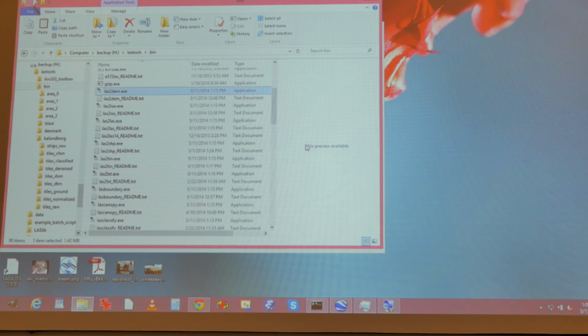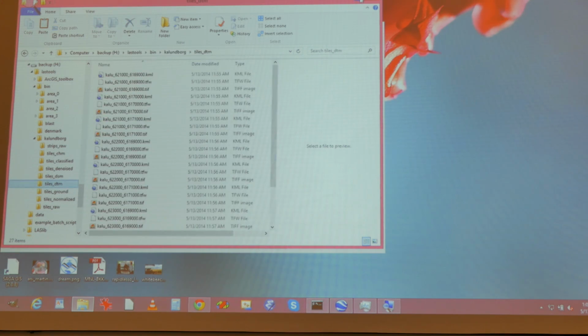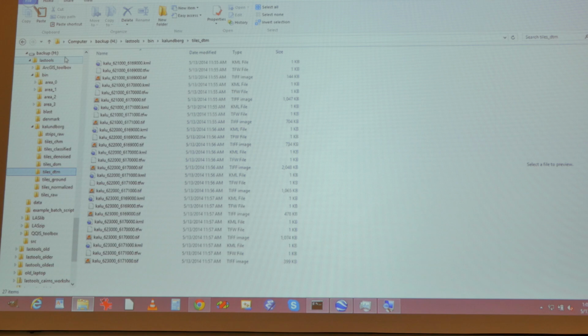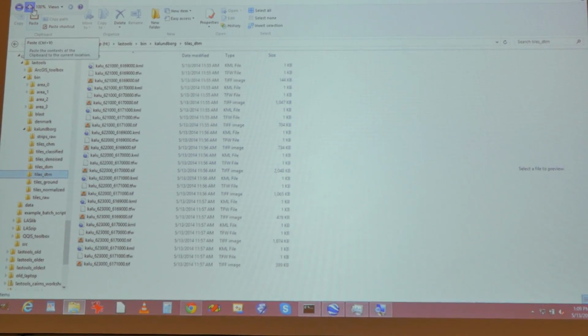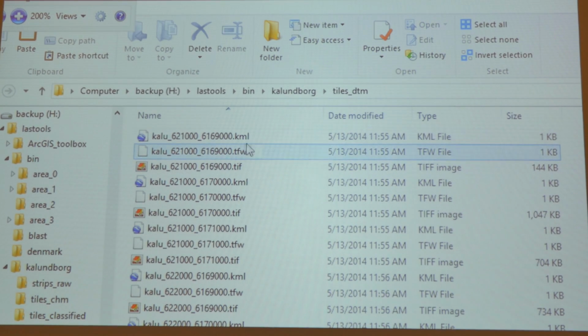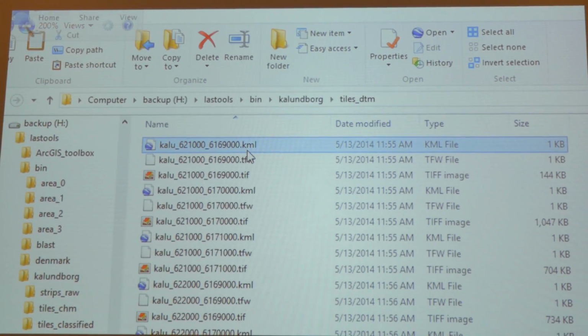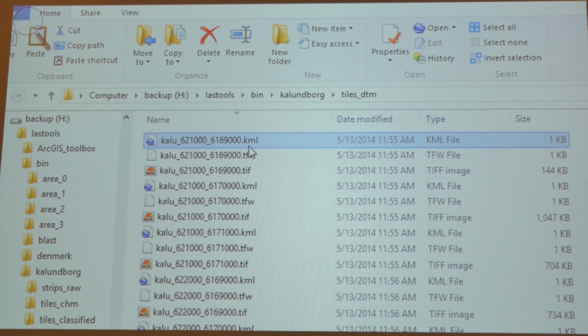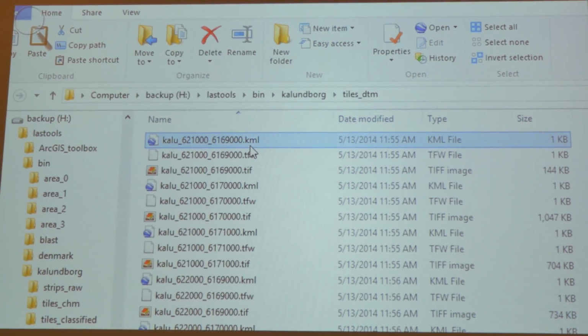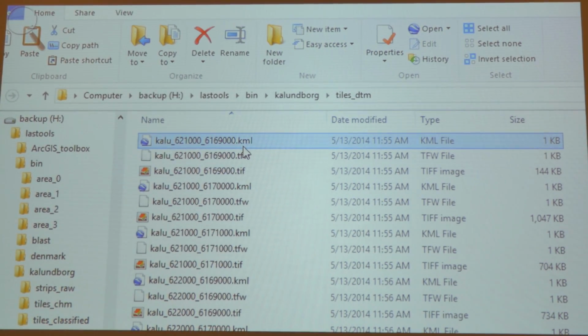To the last afternoon. I think the last thing we did, we created DTMs, and for me, they are in the DTM folder. Now you may have noticed it created KML files. I should maybe stop it from creating KML files, because these KML files don't really mean very much, as the